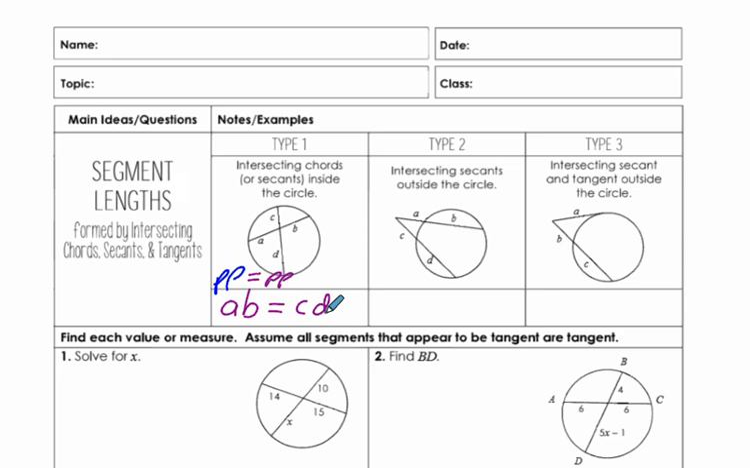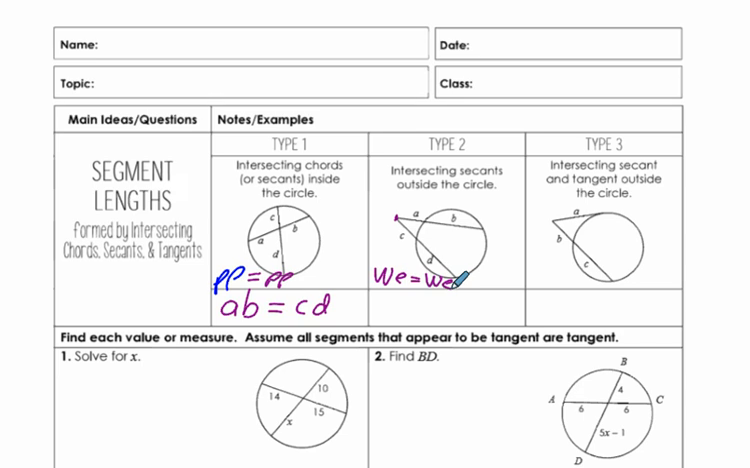Your second type is when your lines intersect outside the circle. If you look here on type 2, they're both secants. If you remember what a secant is, a secant intersects the circle at 2 points. So both of these in situation 2 are secant lines or line segments. With the secant, you notice the point of intersection is outside the circle. In this case, this is what we refer to as WE,